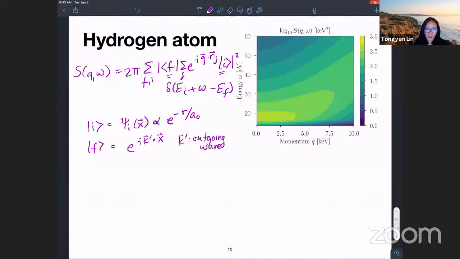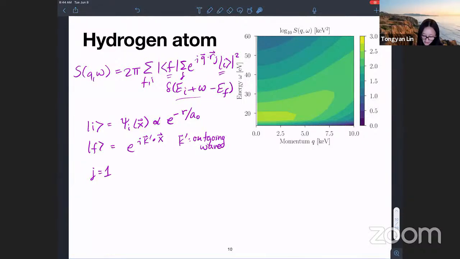And because there's just 1 electron, I don't have to do any sum. J is equal to 1, and I can compute that matrix element directly. That's what's shown in the plot on the right: computing this matrix element and including the sum over final states with a delta function, which just turns into a factor. So